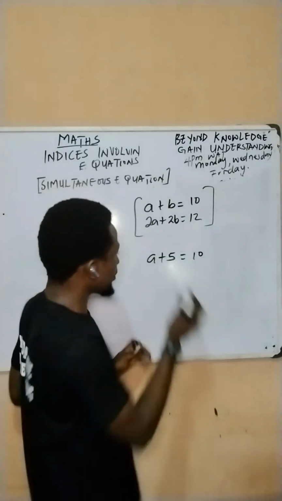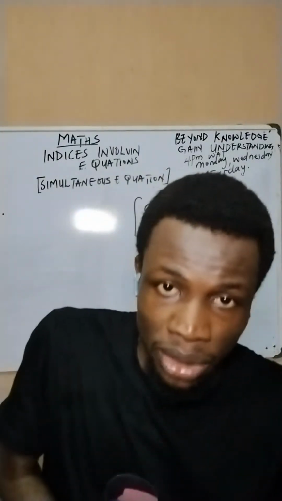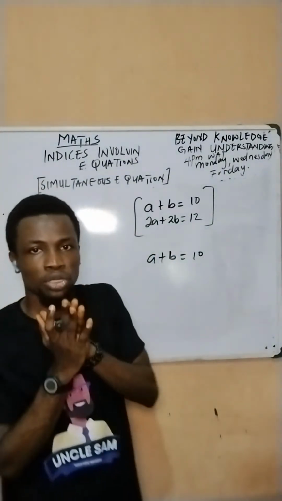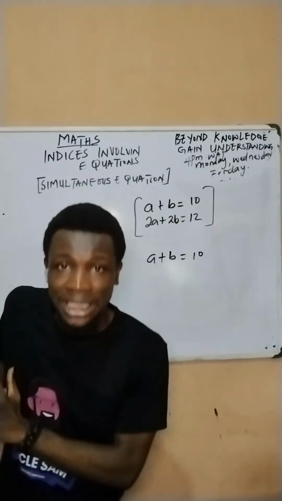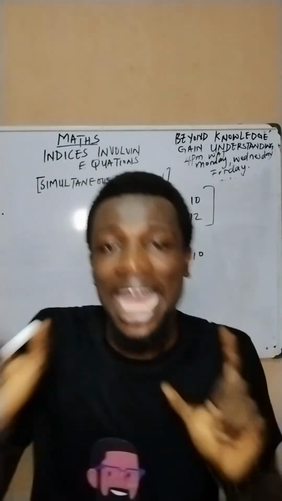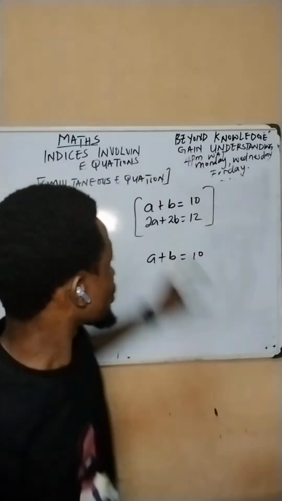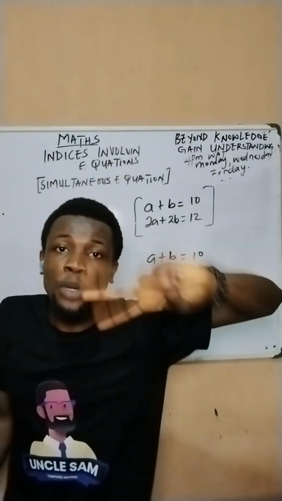But because here it is not 5, but b, that is why the concept of simultaneous equation comes into play. Because for simultaneous equation, we cannot solve the individual equation separately. We need to solve both of them together, provided that both of them have the same variables. So you see, the whole idea is that the 2 equations being solved at the same time must have the same